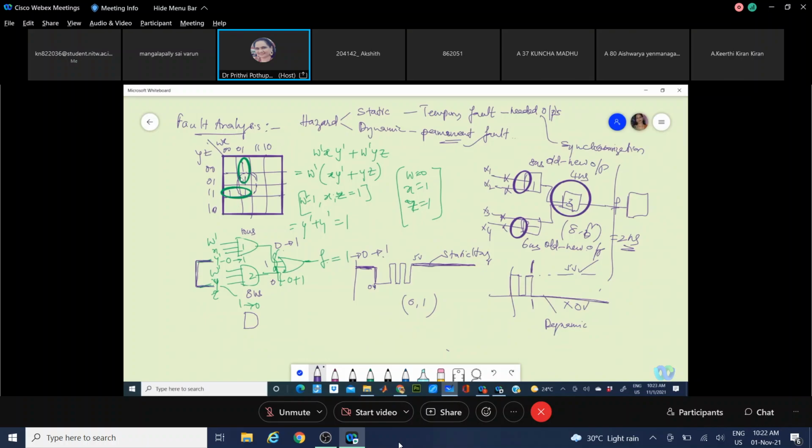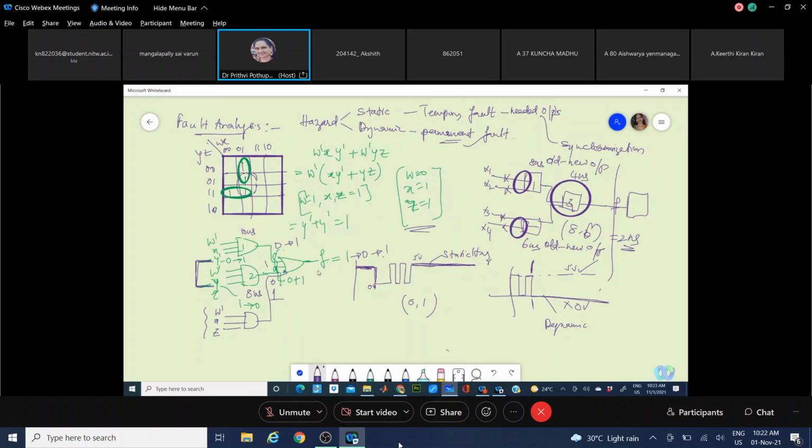Okay, now introduce a gate which eliminates that y. Now here, see here, what you get is w dash x and z. This will be given to the circuit. Now what happens? Even if there is a time lapse between this 1 and 2, this is the fixed value what we have given here. So it will be permanently 1.